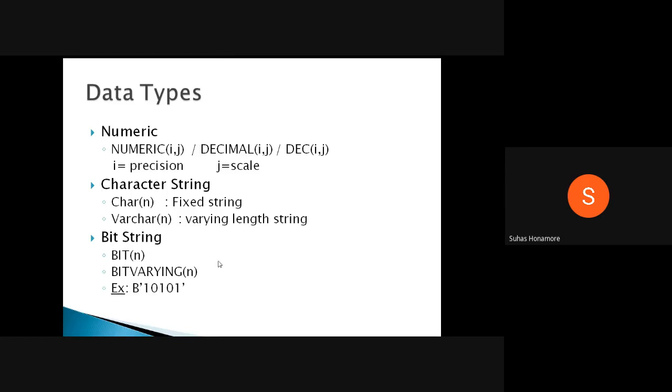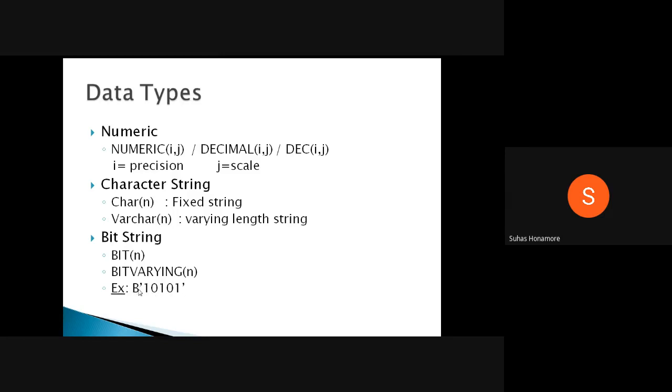Okay, so now suppose while inserting a value inside a table, I give 101 in single quotes. Normally, if I give a value in single quotes, by default we consider it as a string. Whatever the value inside, by default it is considered a string inside single quotes. So to make a difference between a character string and a bit string, you have to insert B before the single quote, to tell the system that the value you are going to read is a bit string.